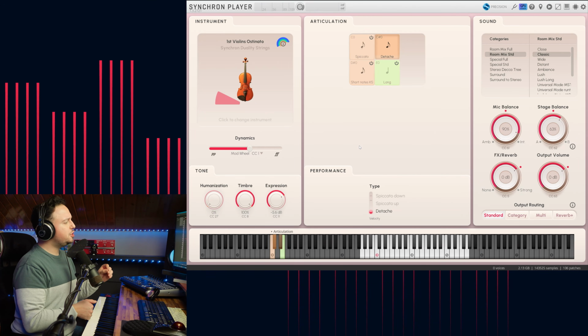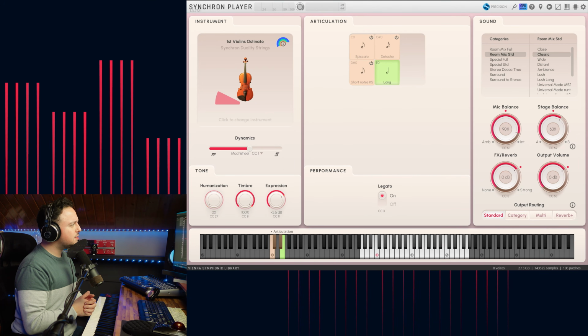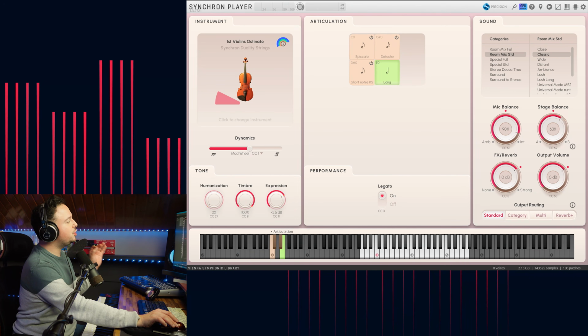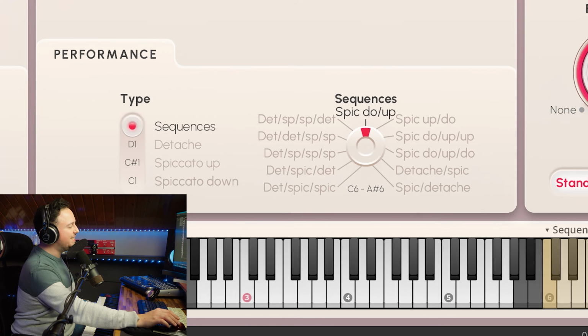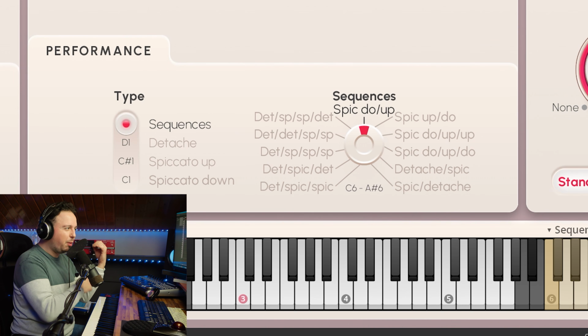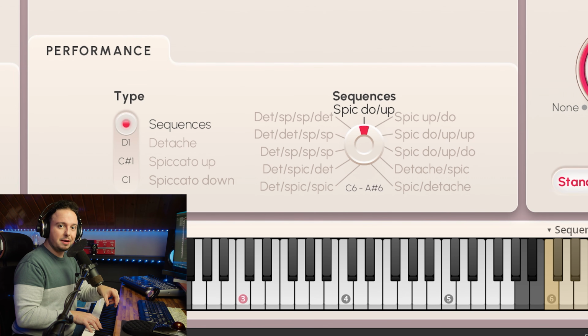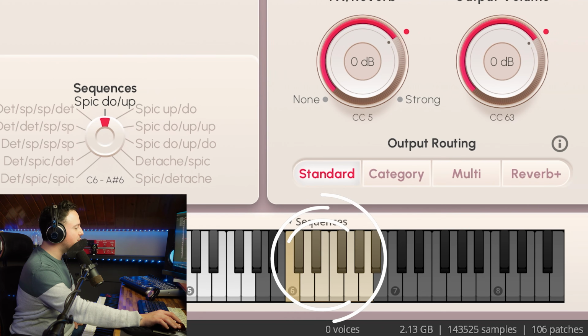And so right before talking about the biggest surprise of this Synchron Duality Strings extension, let's just mention the long articulations for more legato ostinatos, but just as thrilling. And the biggest surprise I was telling you about before. If you go to the short note KS, you will see in the different types available the sequences. So those are realistic bowing alternations already programmed. And so you can choose it with a key switch here.